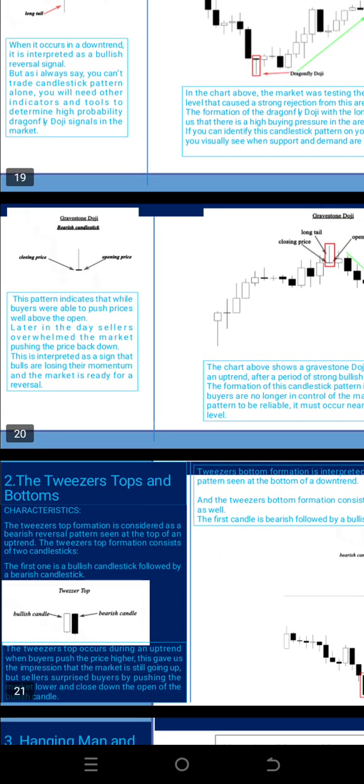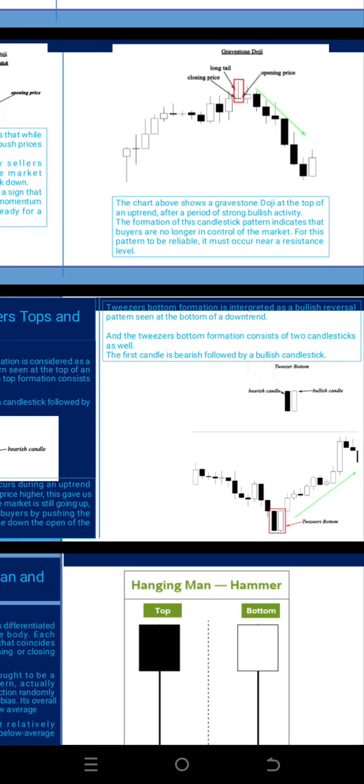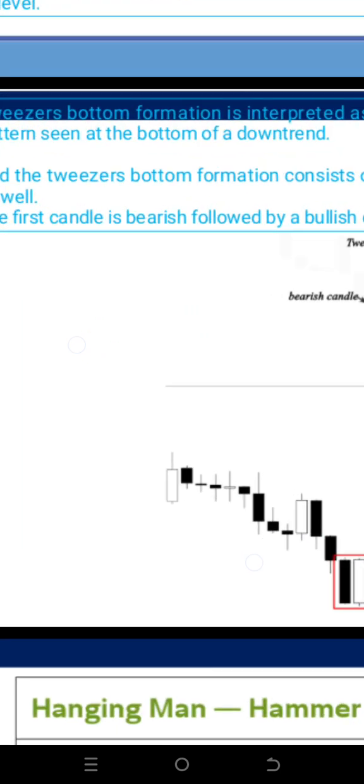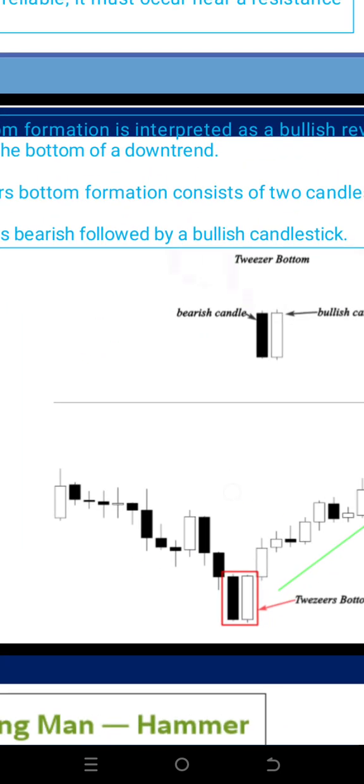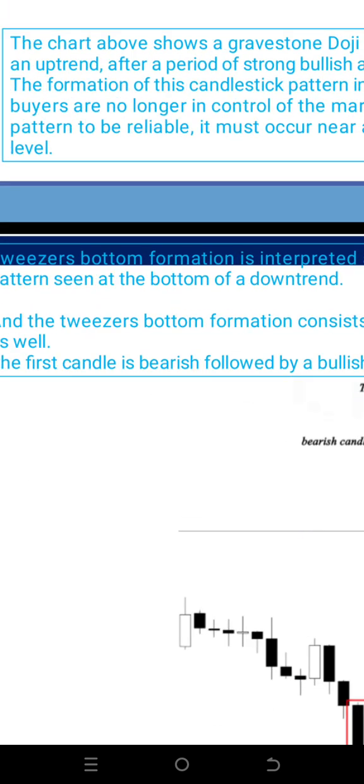It's not a must that you target 1 to 2, but it is always advisable that you target 1 to 2. Just quickly take your profit and leave the market, you understand? So then aside from that, we now have